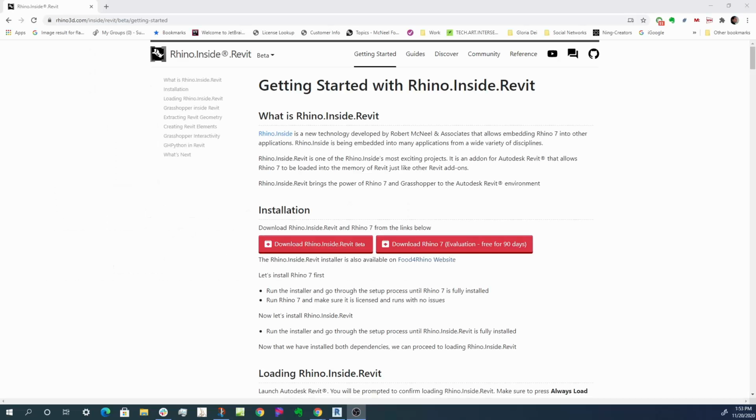This is the Rhino.Inside website, as you can see here. So I'm on the Getting Started article here. You need three things to get Rhino.Inside.Revit to run. You need Revit 2018, 19, 20, or 21. Then you need Rhino 7. You can use the Rhino 7 commercial version, educational version, or you can download the Rhino 7 evaluation, which will